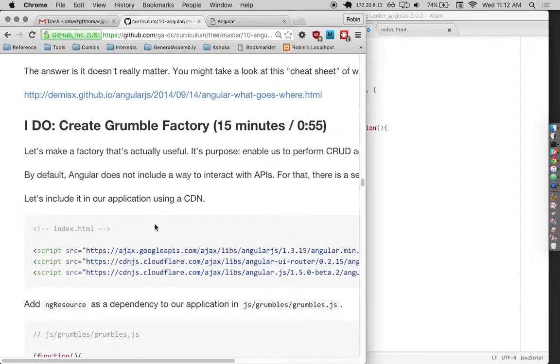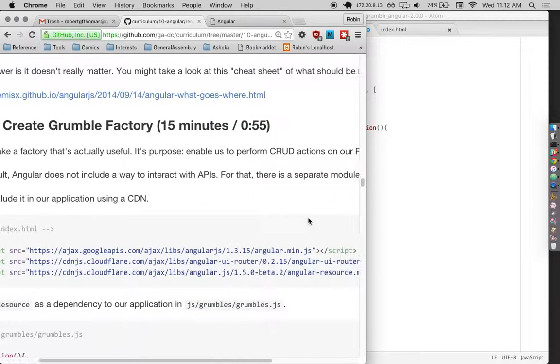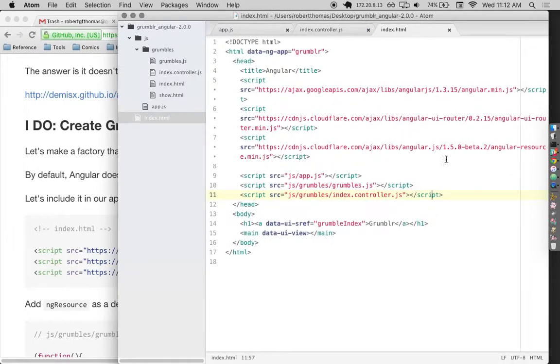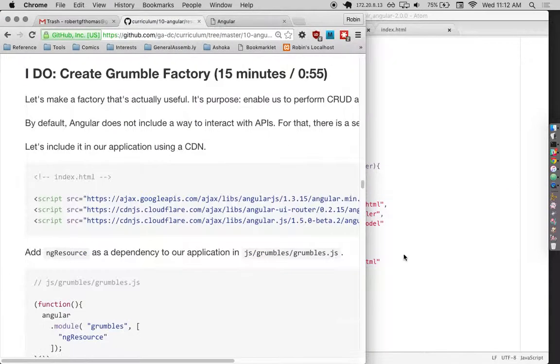Okay, cool. So now we are going to create a Grumble factory. Let's see. We're going to need ngResource for that. You should already have that in here. So if you clone this stuff down, you should have this Angular resource file included in your main index.html. Does anyone not? Okay, cool. So now that we have it in here, now we're going to add it as a dependency inside